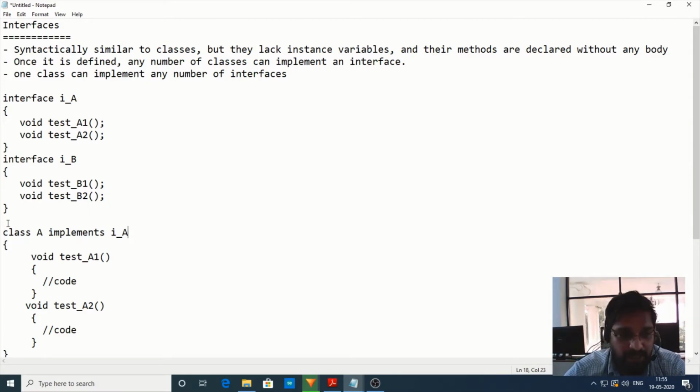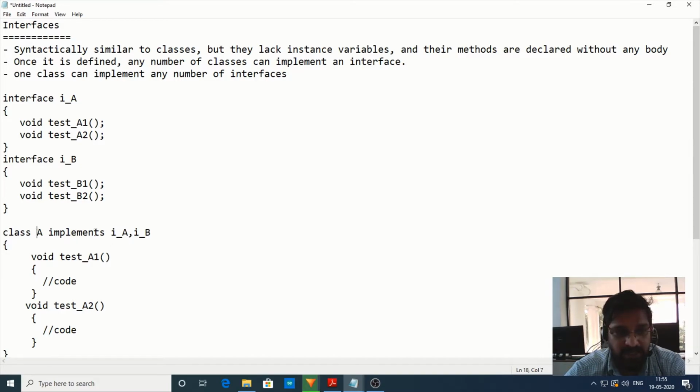So right now my class A wants to implement these two interfaces, that is I_a and I_b. How can I achieve this? I can write one more interface name by separating it with a comma, that is I_a, I_b. You see that two interface names are separated with a comma.